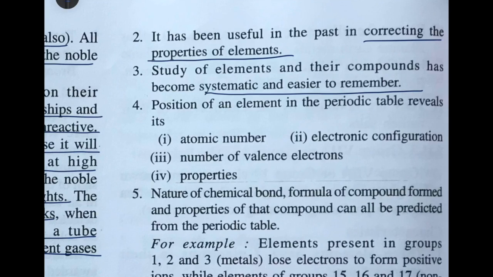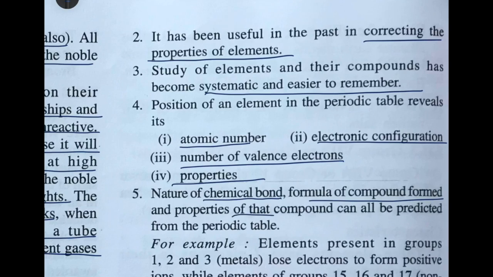Now, the position of an element in the periodic table. If you just look at the periodic table, you will come to know, if you look at an element, its atomic number, its electronic configuration, the number of valence electrons, and the properties. You can easily predict them in a certain group or in a certain period. And the nature of chemical bond, formula of compound formed, and properties of that compound can also be predicted